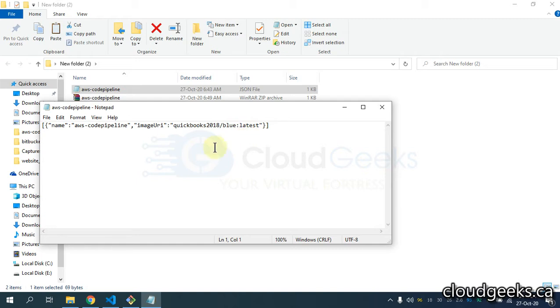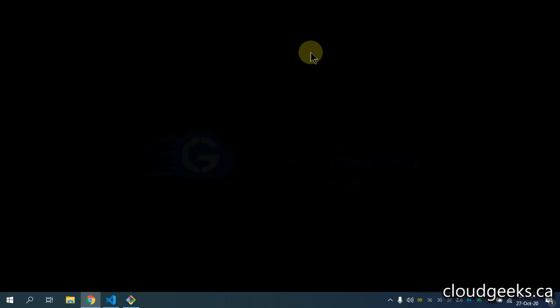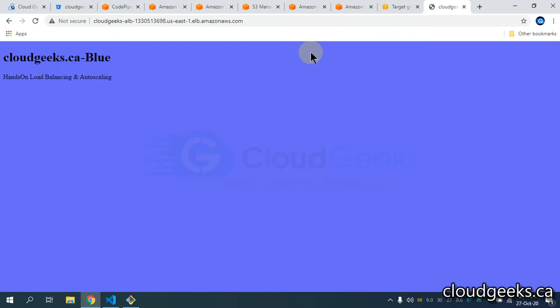So you see, this is the one which is deployed. That is perfectly fine. Now I'm going to look at the automated deployment, as this is what we are aiming for, and this is our main target: to do the automated deployment through Bitbucket.